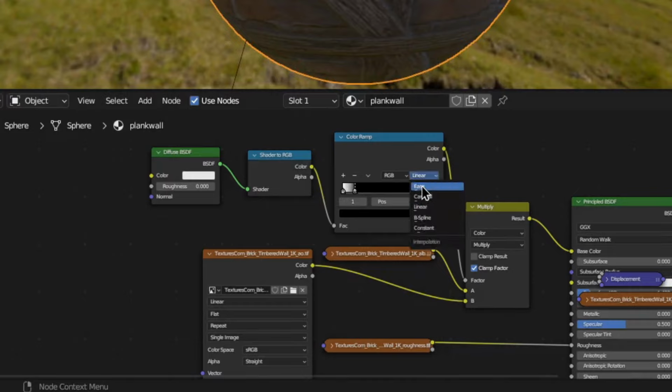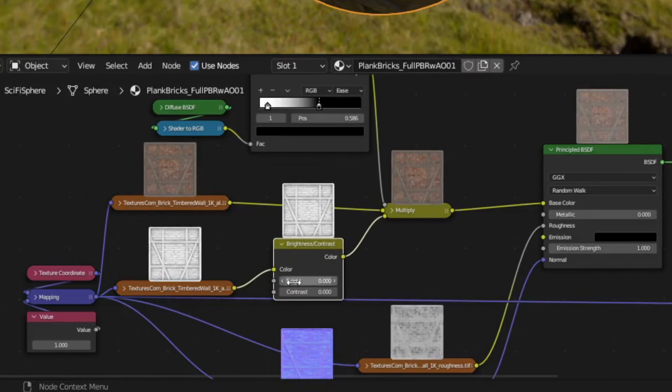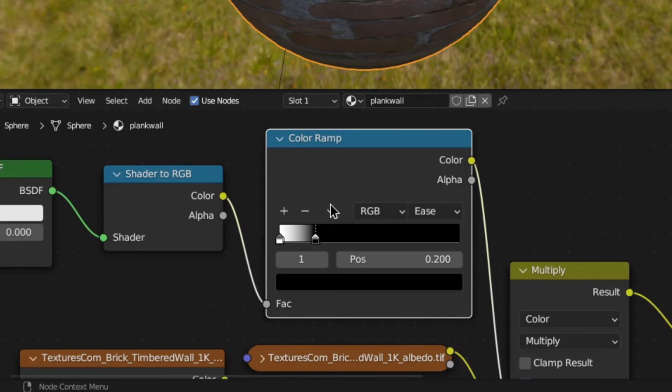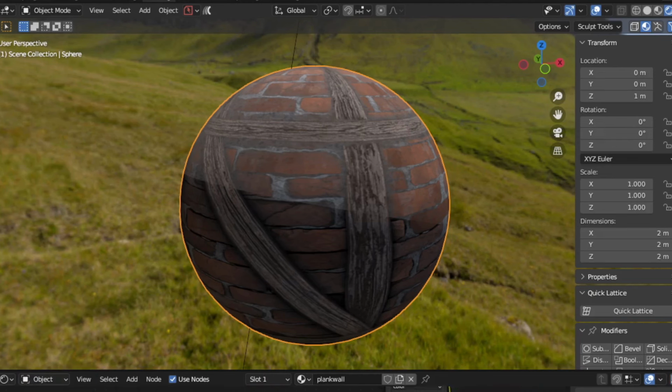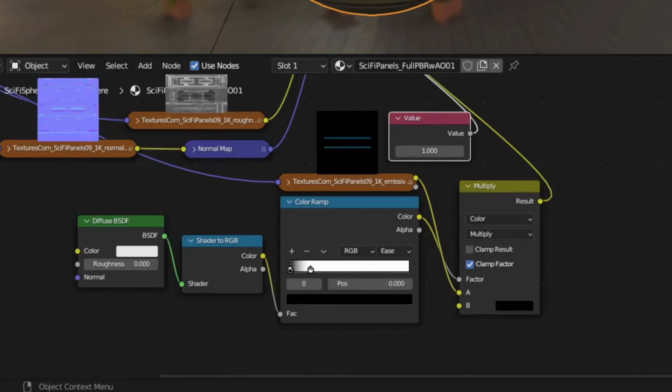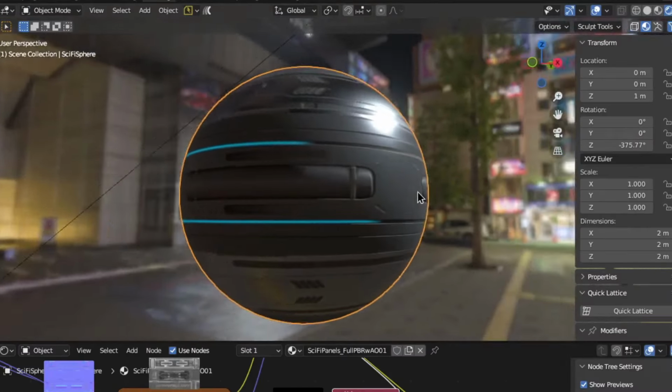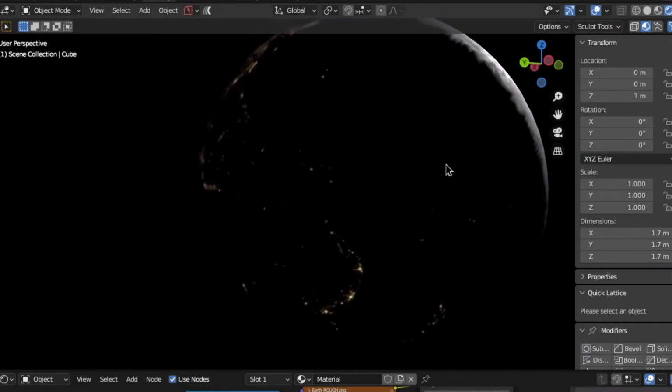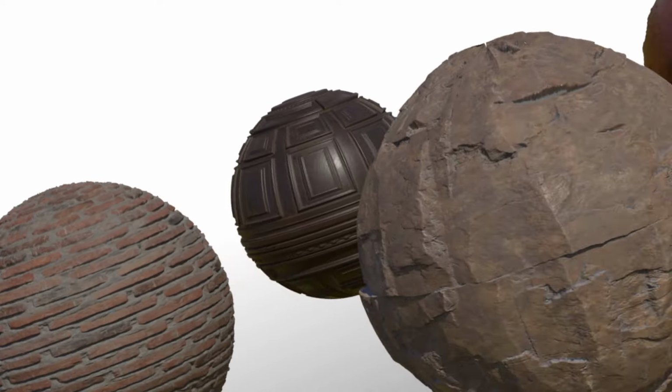We can even move the stops around to fine-tune the fall-off to our liking, add a brightness contrast node to the map to make it more pronounced, or switch the ramp to constant for a more toony look, which we can naturally do to everything else. You can even use this technique to do other cool stuff, like lights that only turn on in the dark. Use it to make planets with lit cities. But wait, what about Cycles?